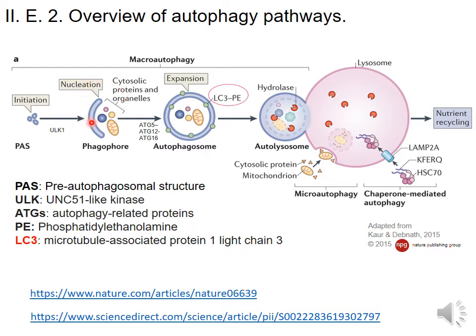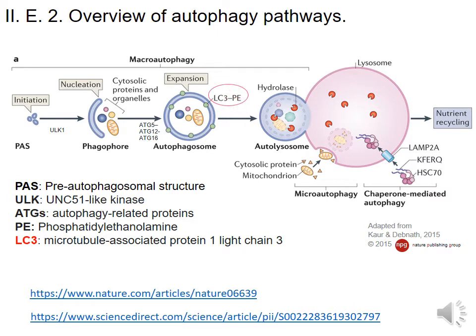Further nucleation, phagophore membrane elongation, and autophagosome completion requires two ubiquitin-like conjugation pathways. The first produces the ATG5-ATG12 conjugate, which forms a multimeric complex with another ATG protein, in this case ATG16. And there is a second event that results in the conjugation of phosphatidylethanolamine, or PE, with